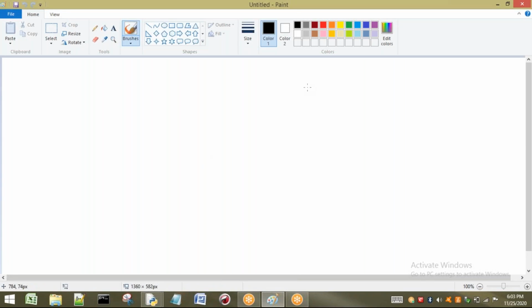So the name is what? Abstraction. So we are going to see about abstraction. First I will explain some real-time examples about this abstraction and later I will give you example programs about this abstraction. So first, before going to see the definition of abstraction, I will give you some